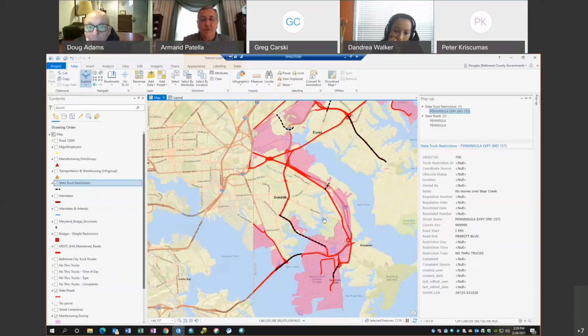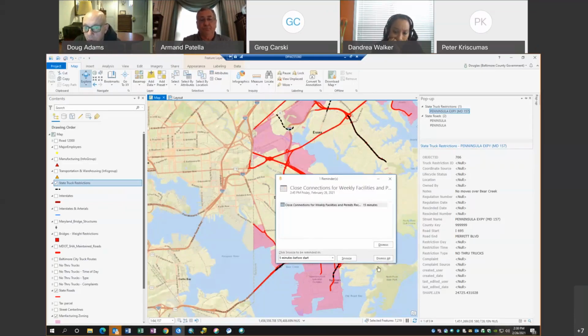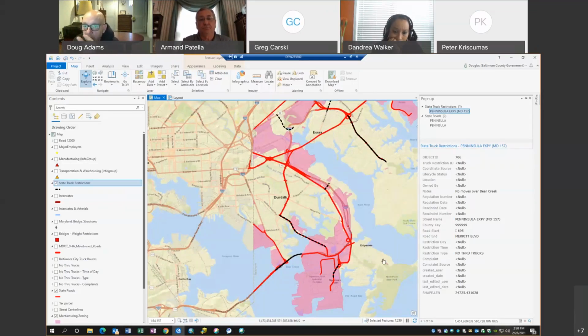So, Doug, I was going to say, I will tell you, when I mapped these state restrictions, I didn't want to say I expanded the restriction, but I mapped the restriction from major road to major road. I didn't just say, okay, we're going over Bear Creek, so I'm just going to show a little piece over Bear Creek. I basically had to go back out to where, you know, I'm not going to try to route people through neighborhoods and stuff like that.